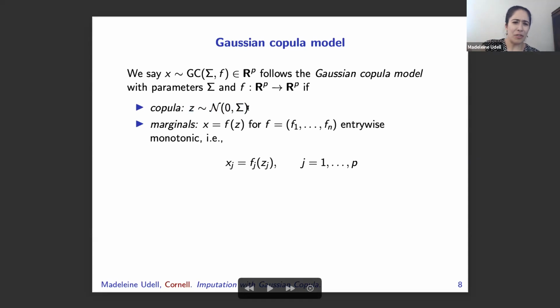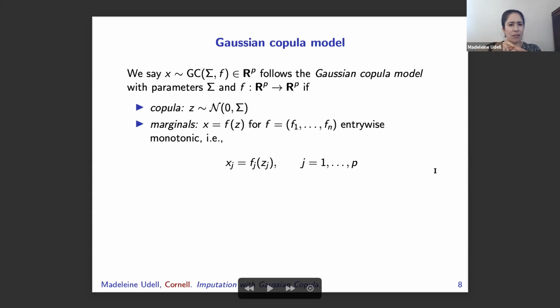Sorry, sigma is a correlation matrix, not a covariance matrix. So it's a special covariance matrix: the diagonal is the identity. And it has marginals F. What I mean by that is that the jth entry of x is given by the jth function applied to the jth entry of z.